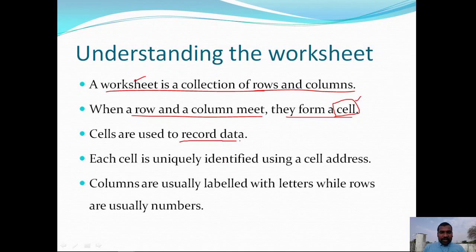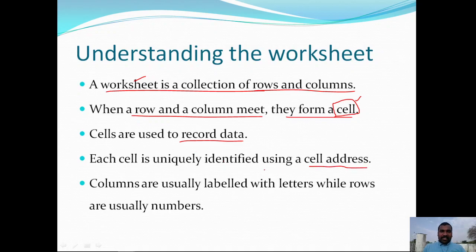Cells are used to record the data, the actual information that we want to store. That can be entered in the cells. Each cell is uniquely identified by a cell address.